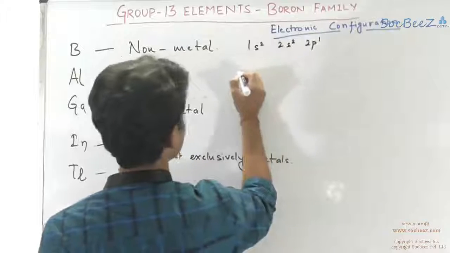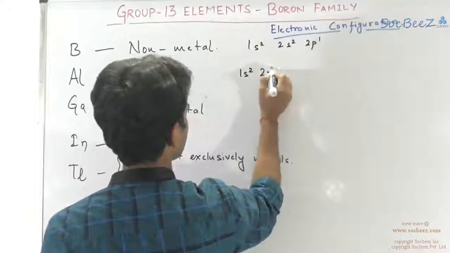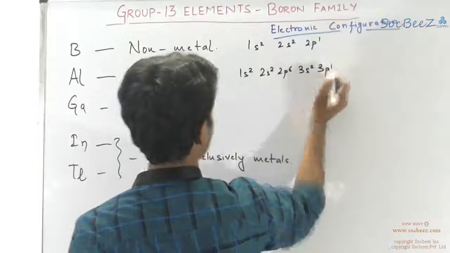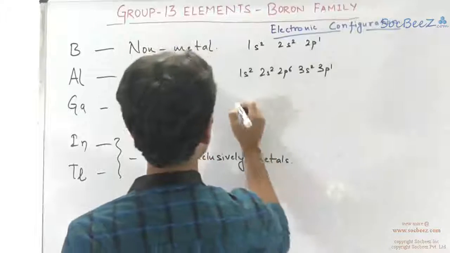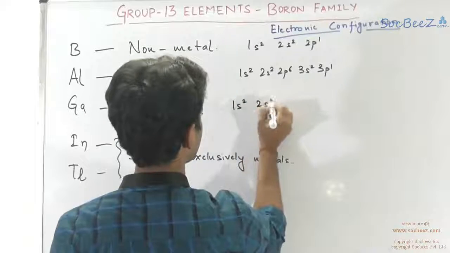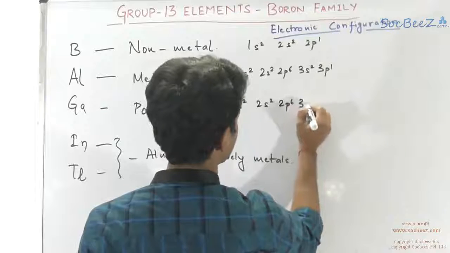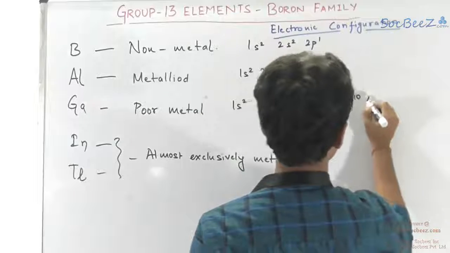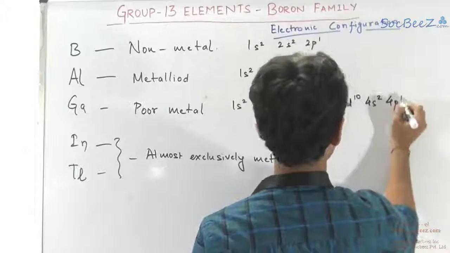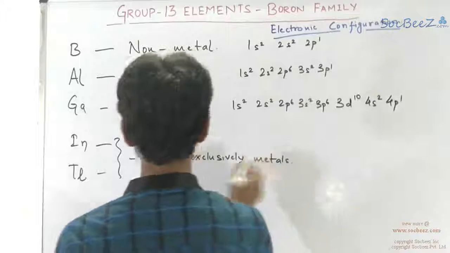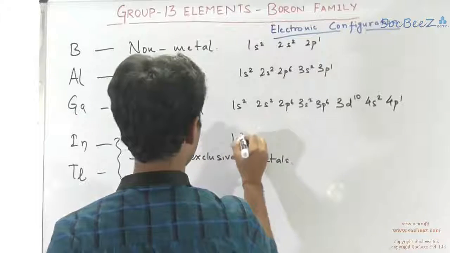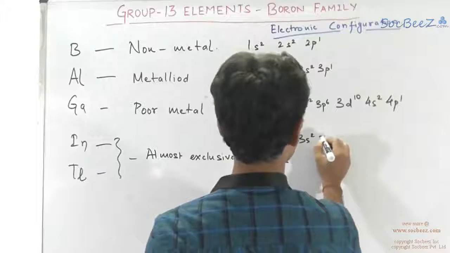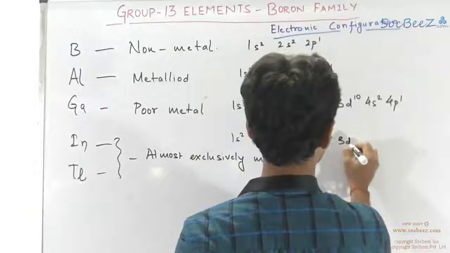For aluminium it is 1s2, 2s2, 2p6, 3s2, 3p1. For gallium it is 1s2, 2s2, 2p6, 3s2, 3p6, 3d10, 4s2, 4p1. For indium the electronic configuration is 1s2, 2s2, 2p6, 3s2, 3p6, 3d10,